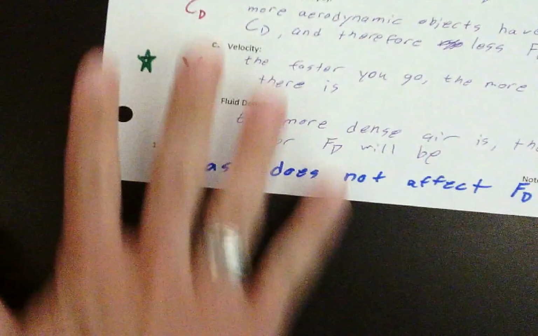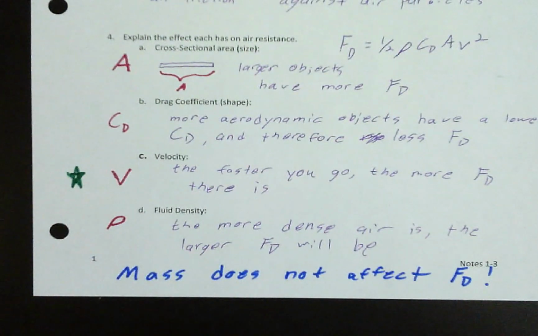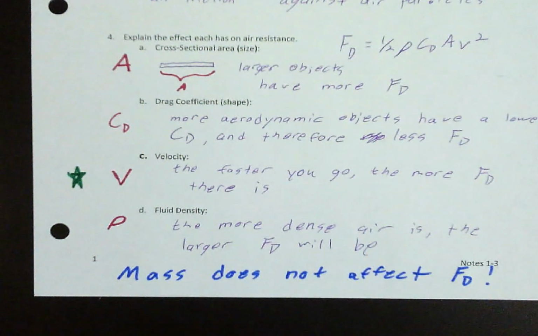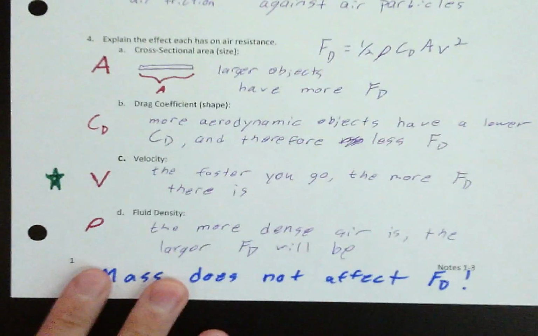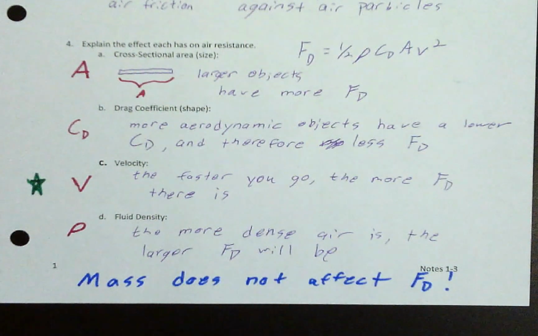Okay. So before we move on and we talk about terminal velocity, I want to show you an example of drag. Let me explain why you're not calculating it. The reason you don't calculate drag is it's not a constant value. It changes. And because it changes, you have to use calculus to solve it, which most of you are not ready for. So we are not going to solve for drag just because it's a drag to do. Oh, man. Okay, so let's go ahead and I'm